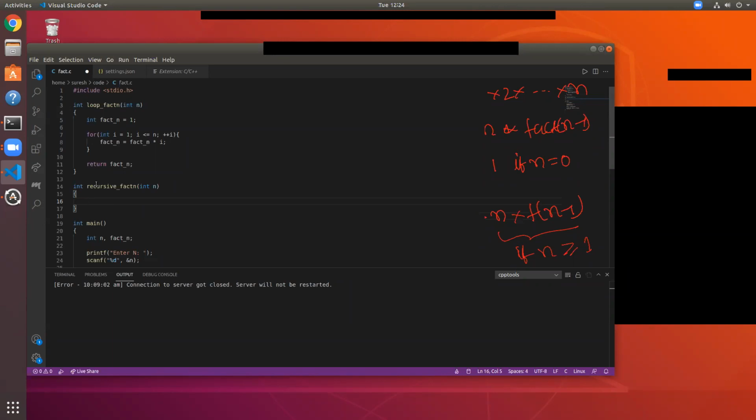Yes, so the recursive version follows very closely what you are trying to do mathematically. So what happens? Let's do this: int fact_n is equal to 1, and the question is